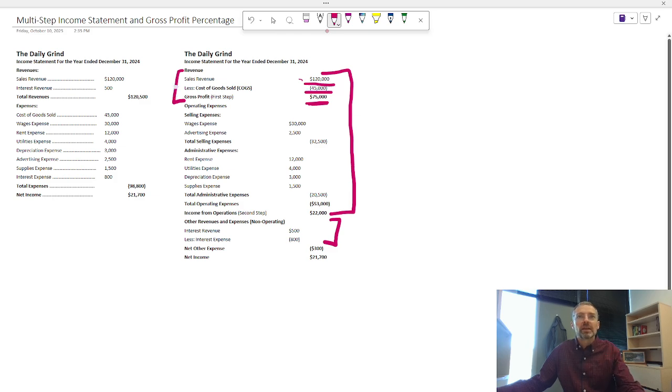All right, so once we get our sales revenue up here and subtract our cost of goods sold, we get our subtotal of gross profit. We probably have a lot of other expenses as well associated with the business, and we're going to divide those into two categories. The first are selling expenses. This is everything to do with selling our goods. So this could be obviously advertising expense. We